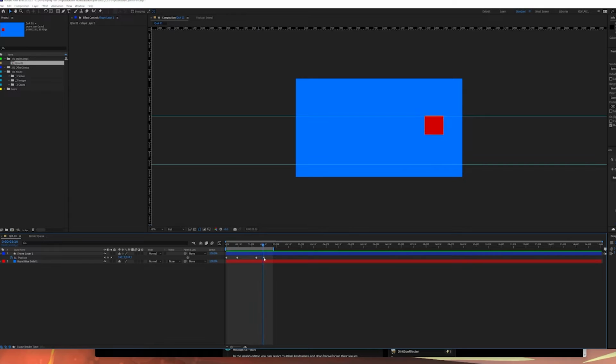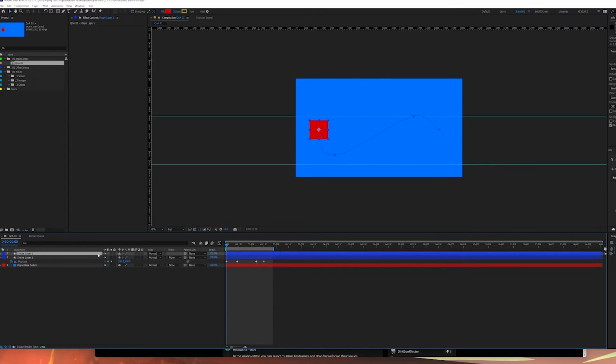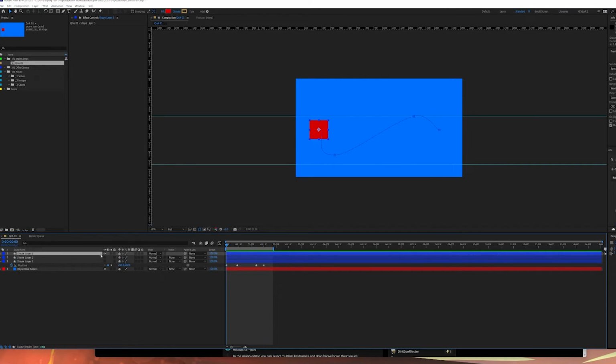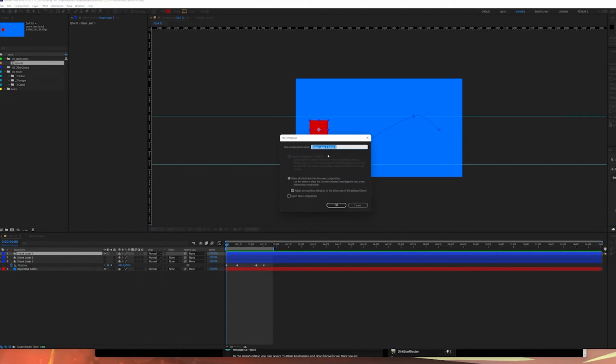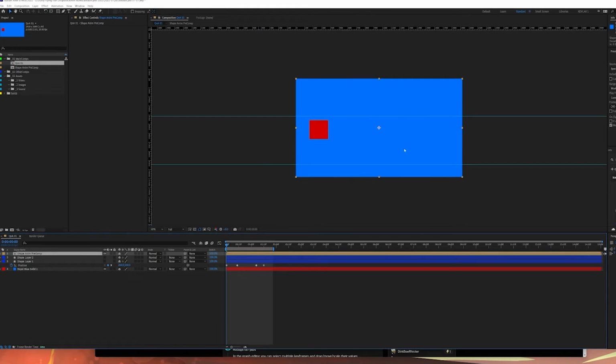So there's 3 ways you could do this. The first way, I'm going to duplicate it 3 times to show you the 3 ways, is you could pre-comp it, Control-Shift-C, and call it Shape Animation Pre-Comp. You can move it up. That's one way to do it. The upside is that it's clean and it's fast and it's easy. The downside is,